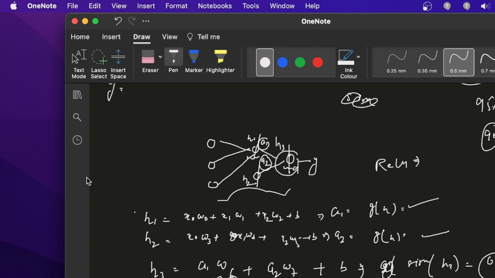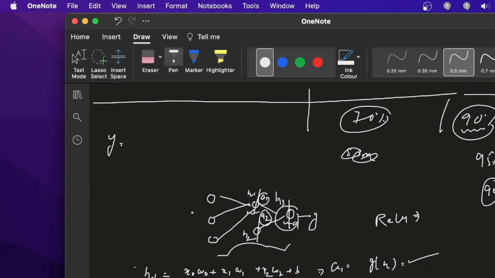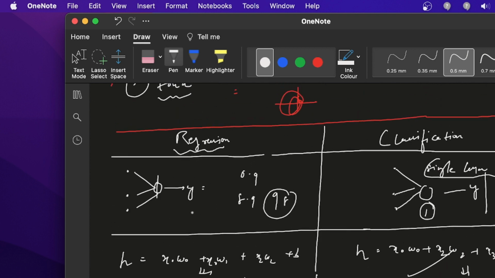So this is the theoretical part. Guys, if you have any question or query that you are facing in understanding, please let me know. I'll try to solve it, because I am going to implement this theoretical part in code using TensorFlow. If you are facing any problem, please let me know.